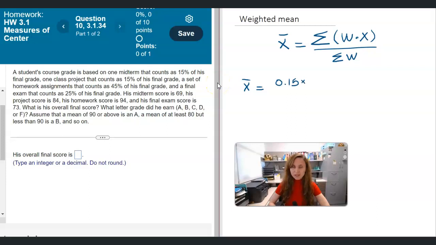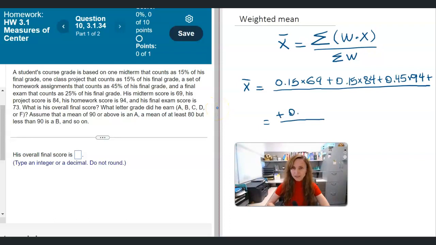0.15 as a decimal, multiply by 69 that student got for the midterm, plus the next category is project, also 15%, 0.15 times project score of 84, plus the next category, homework assignments, 45% or 0.45 as a decimal, times homework score of 94, plus, and I'm going to move to the next row, final exam, 25%, so 0.25 times final score of 73, divided by the